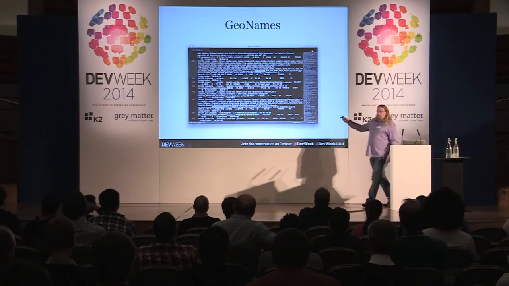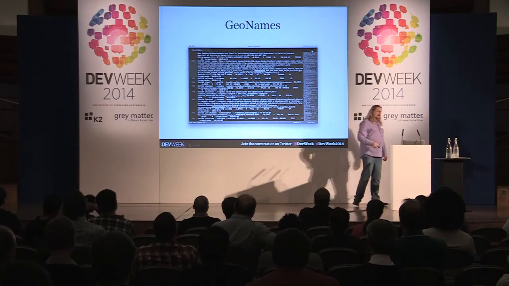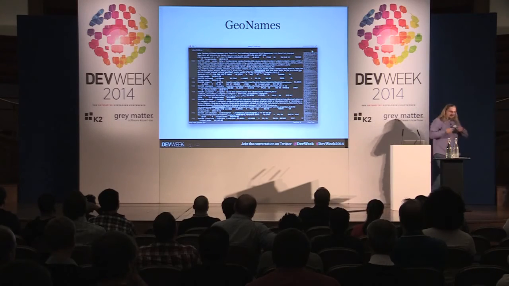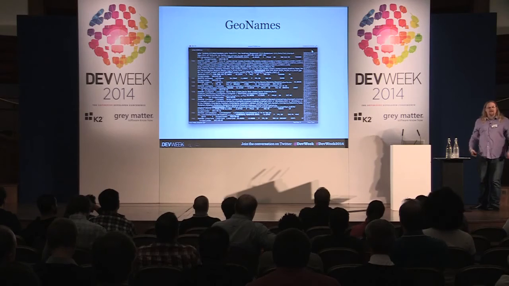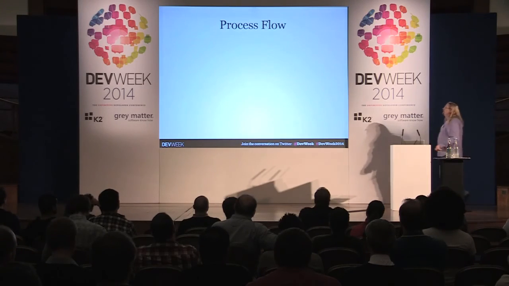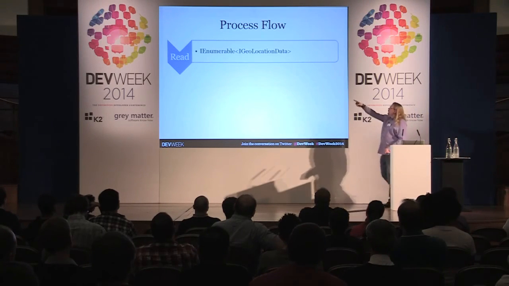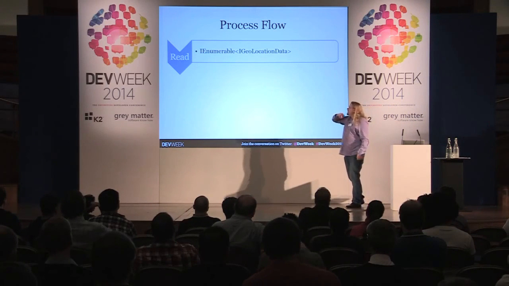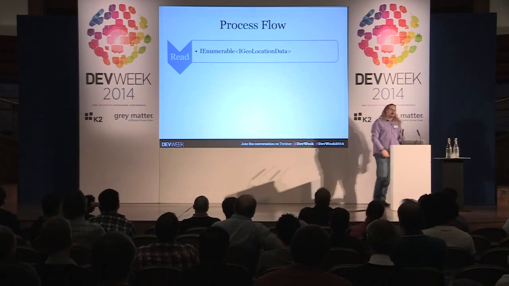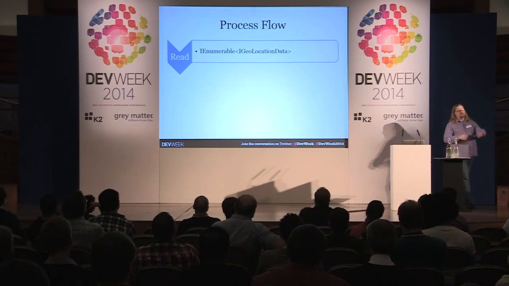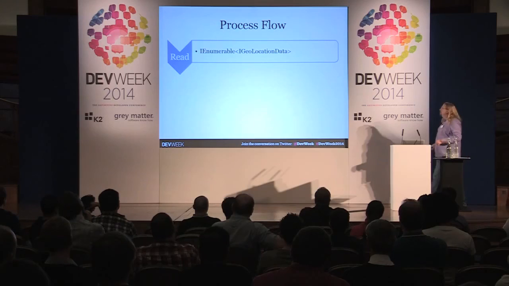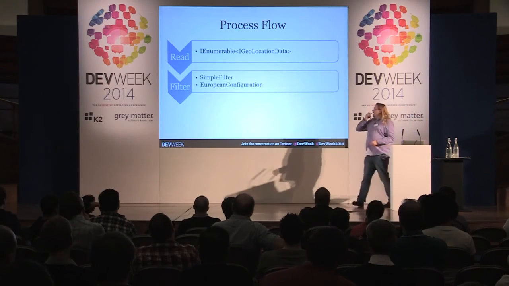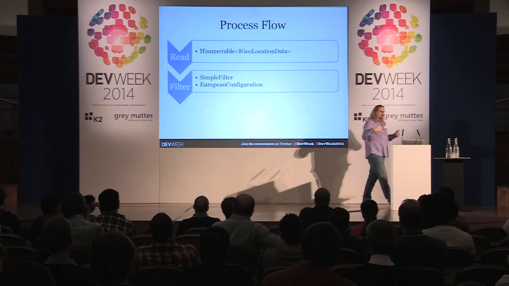And the data source itself is simply a text file. It's a tab-separated text file. So we're not going to deal with it as a text file. We're going to read the data, transform it into an object, and then filter against those objects, okay? So the process flows, we're going to read the data in, and we're going to expose the data as an enumerable of IGeolocationData. That's my representation of each line of data within the data file. We're going to apply a simple filter to it, and that simple filter is going to use